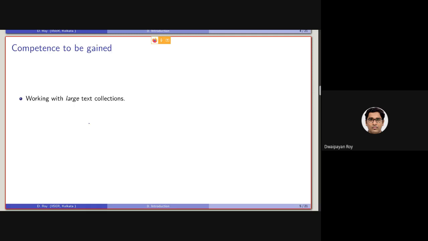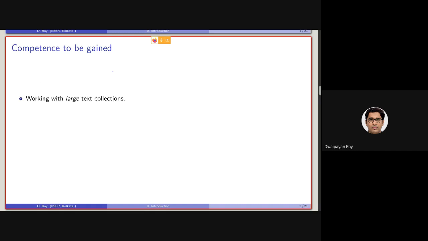So after this course, the expected competence to be gained by the participant, that is by you, is working with large textual collections. I'll be starting with a smaller dataset, say around 100 MB. Then I'll be giving you another dataset of around 2 GB.